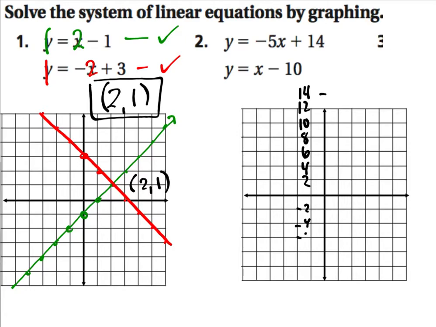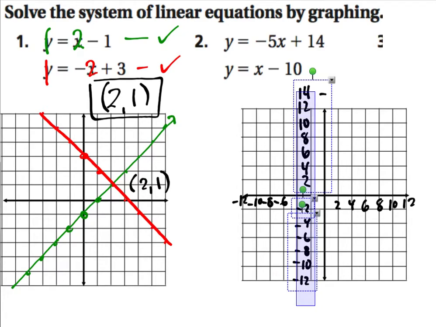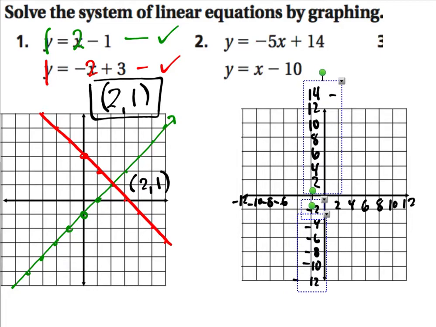Negative 2, negative 4, negative 6, negative 8, negative 10, and negative 12. And we probably should count by twos going this way as well. Negative 2, negative 4, negative 6, negative 8, negative 10, negative 12 going back that way. I guess I should have these a little closer to the